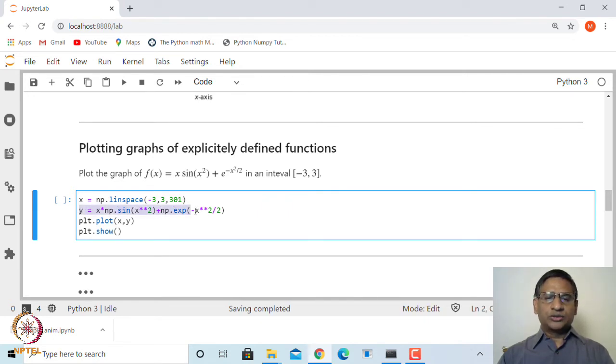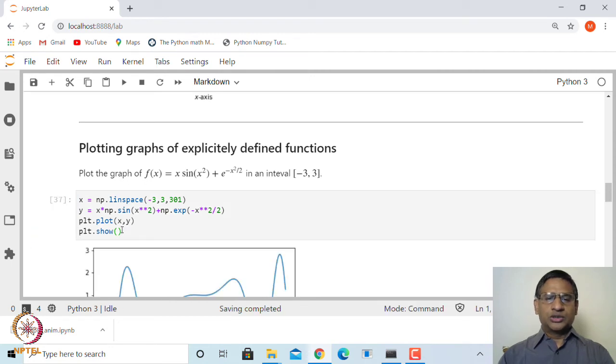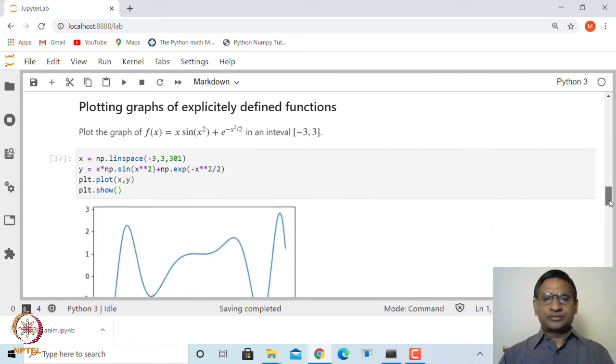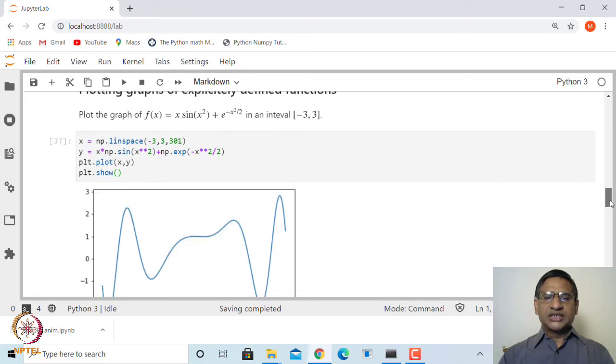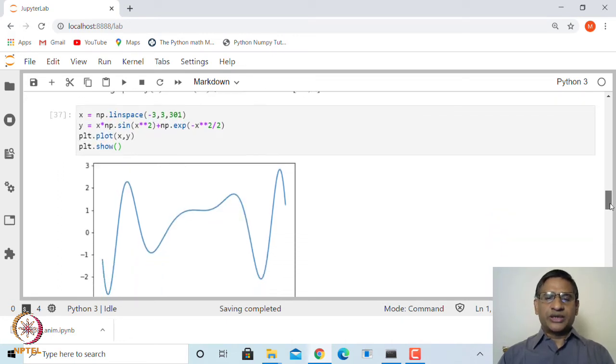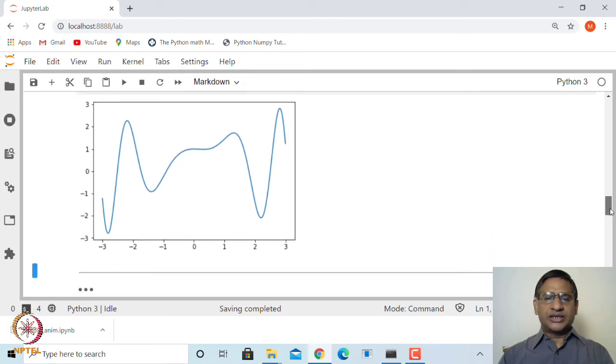So, y is equal to f of x, which is the same as saying x times np dot sin x square plus np dot exp minus x square by 2, and then you simply say plt dot plot x comma y, and then plt dot show. Okay. So, this is the graph of f x is equal to x into sin x square plus e to the power minus x square by 2. This seems a fairly complicated graph.